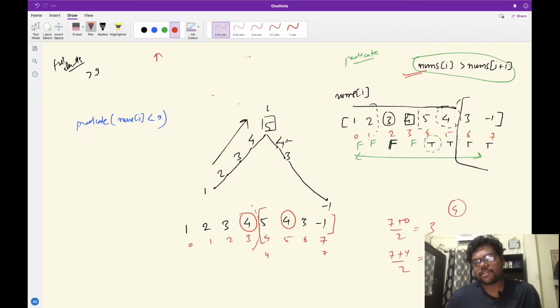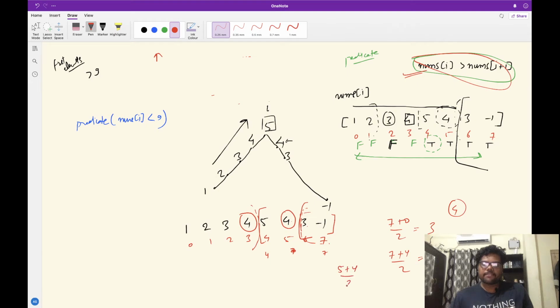And since after 4 every element is decreasing, we can safely ignore this part, because if 4 is greater than 3 and the elements on the right of 4 are decreasing, then every element on the right of 4 will evaluate this predicate to true, right? So we'll be ignoring this. My new high will become mid minus 1, that will be 7. Sorry, 5.